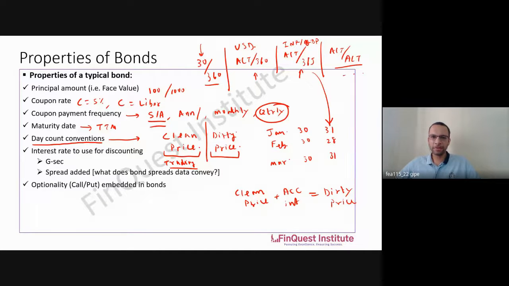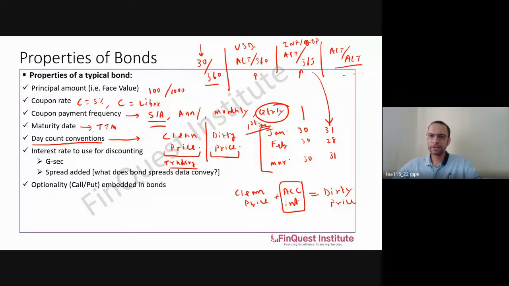Then we have a dirty price. Dirty price basically implies that I have to adjust for accrued interest or accrued coupon. Now, why do I need to do that? Whenever I am trading a bond, let's say I am holding a quarterly coupon bond, and let's talk of the same quarter. Since I've written this, we might as well use these dates. Let's say I have purchased the bond on 1st of January. So this was my bond purchase date. Let's say I'm a bond trader and I'm following, for simplicity,